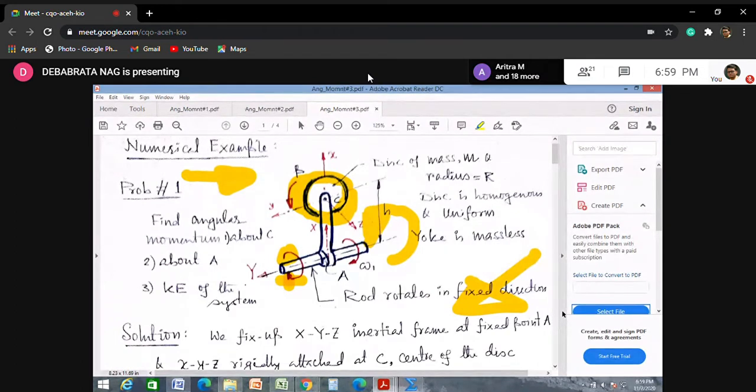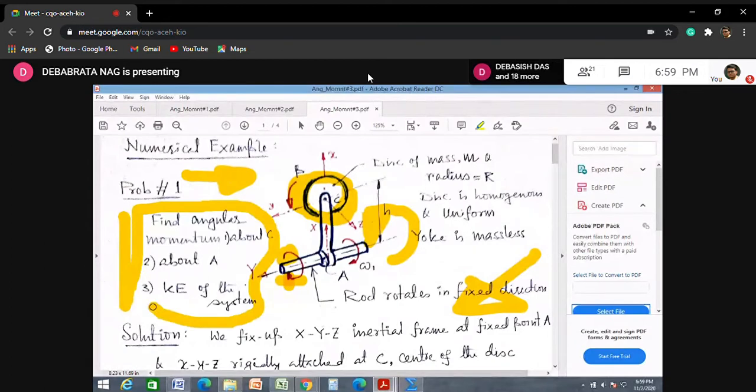So this you need to very carefully observe whenever a problem like this is given. These problems are like this. These are stereotype problems. All you have to find is your momentum with respect to some point, and then you will be told to find out the kinetic energy of the entire system. So these are the typical problems from this chapter.